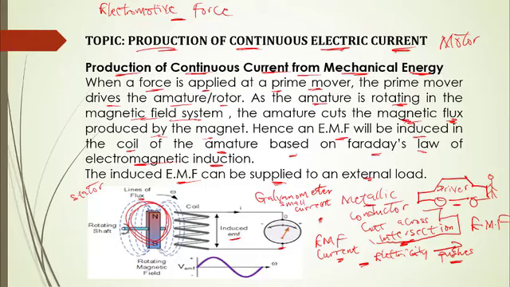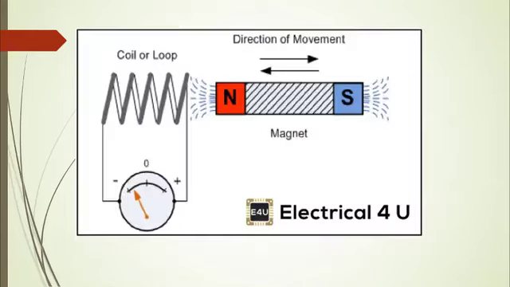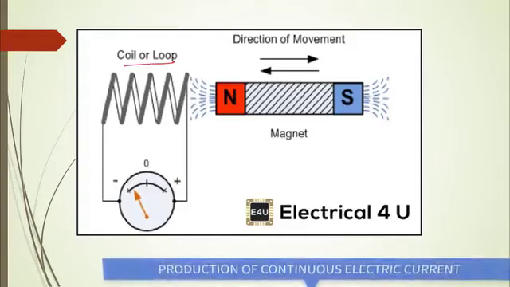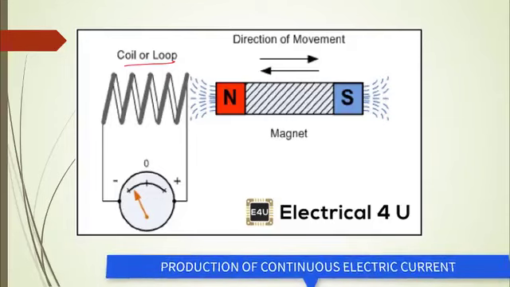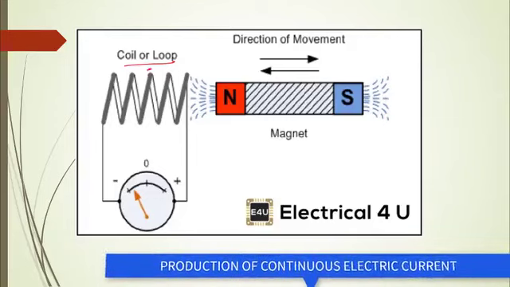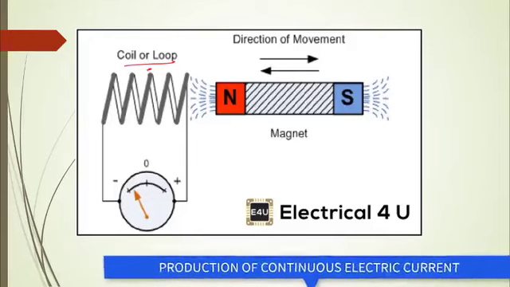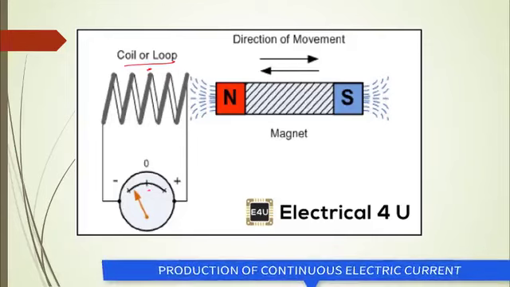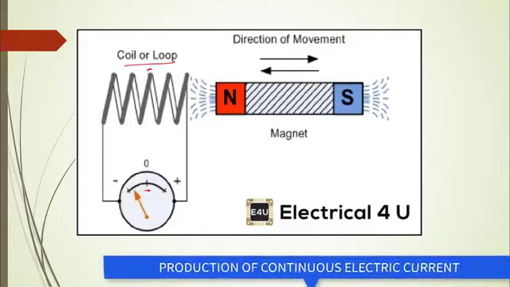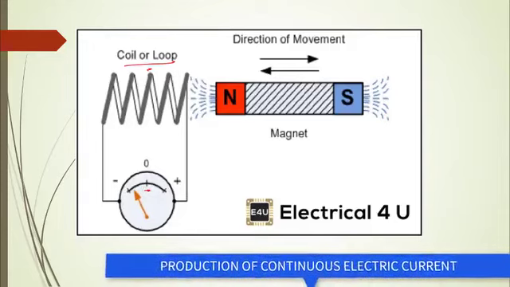So the more they are being intersected, the more the magnitude of the induced EMF. So this is a more holistic view of the diagram. You look at this loop, the coil or the loop, and then a magnet is being introduced. The closer this magnet comes to this coil of copper wires, the more there will be a deflection on this galvanometer to show that when a magnet is brought in contact with a metallic conductor, EMF